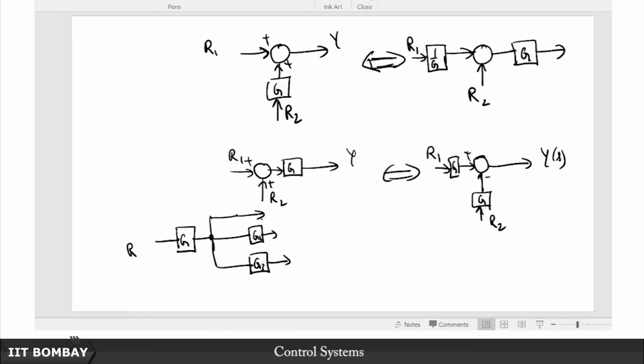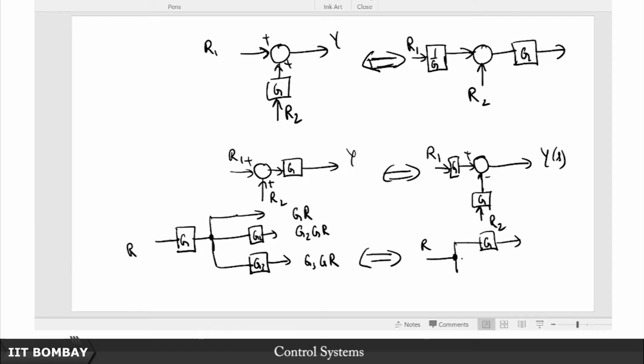So notice what goes through each channel. Through this channel you have purely just G times R. Through this channel you have the G times R being multiplied by G2. So this is basically G2 G times R, this is G times R, and this is G3 G times R through each of these channels. So if you want to now replace this with an equivalent diagram where there is nothing on the left hand side of this pick off point, then you have to basically push this G on the right hand side. So what you then better do is you take this pick off point here,